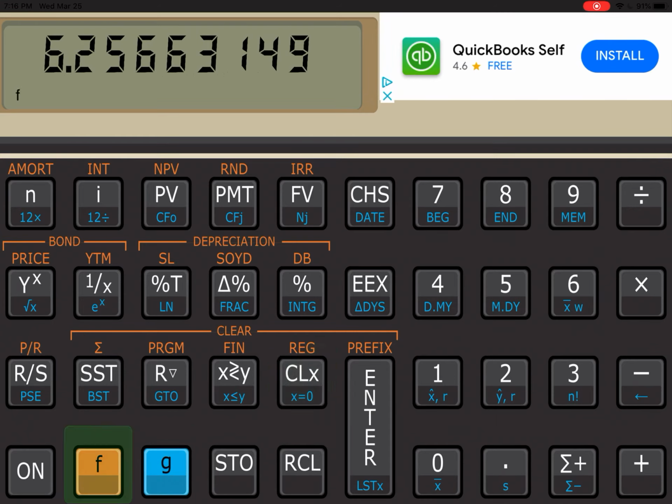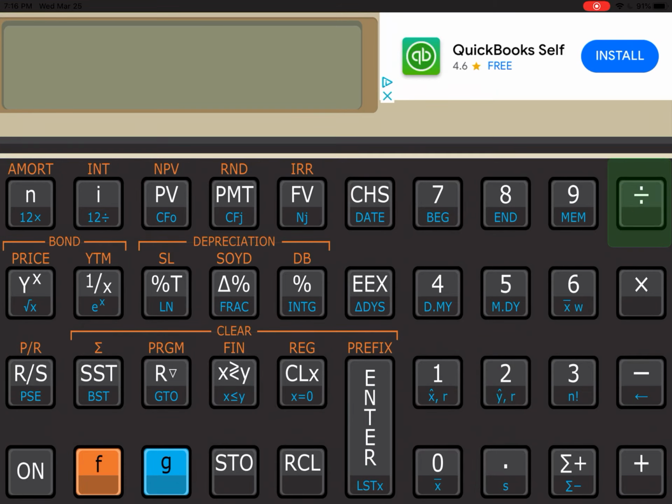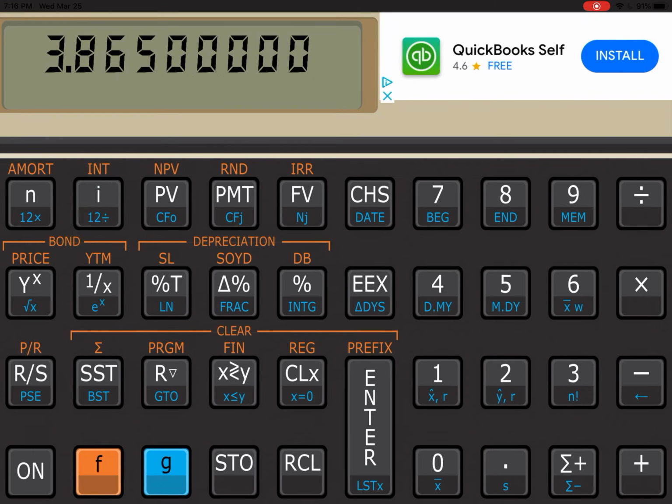Let's clear our calculator, okay? So we have 18 for N, we have 7.73, enter, 2, divided by, for I. We're solving for present value. Our coupon payment is $30 every 6 months. Our actual future value or maturity value is $1,000, and we just simply want to solve for the present value. So $889.29